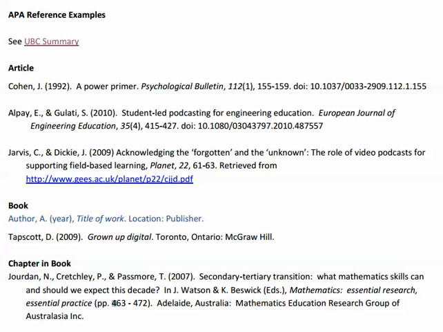I'm going to go over some of the more frequent APA reference examples, which are articles, books, chapters in books, conference papers, and dissertations. So for the article, you have to find the author name and then the author initial, and if they have two initials, you can put both of them in. If it's two or more authors, you list the authors with a comma between them and then the ampersand sign before the last author. You can see that you have the year in brackets and then you have the title